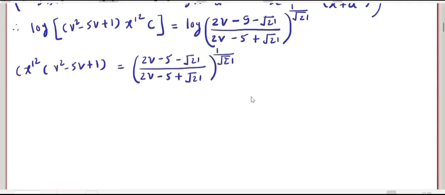So this value we have here. So therefore we get